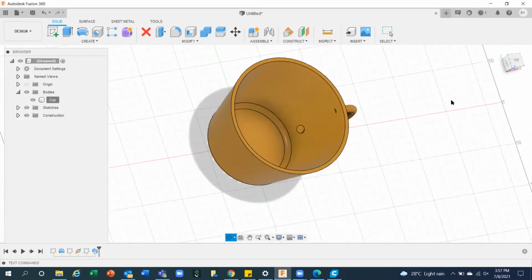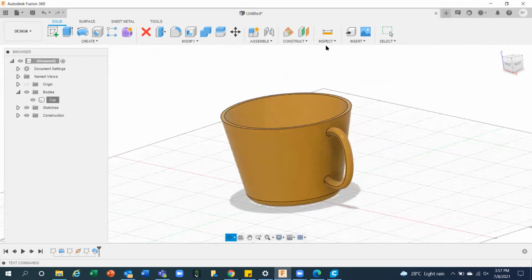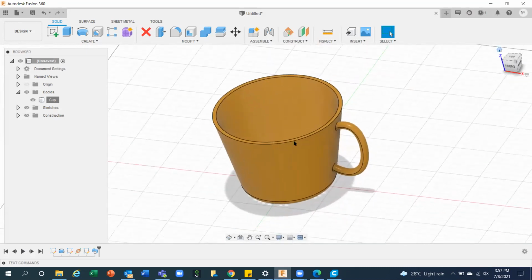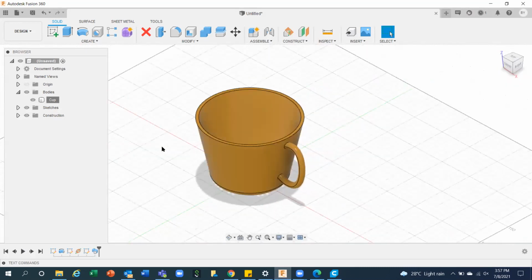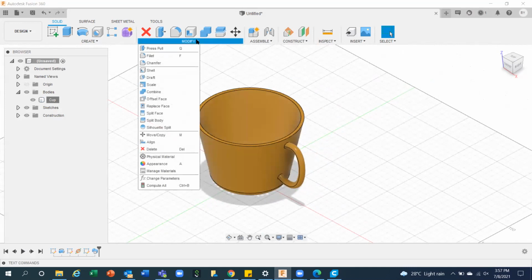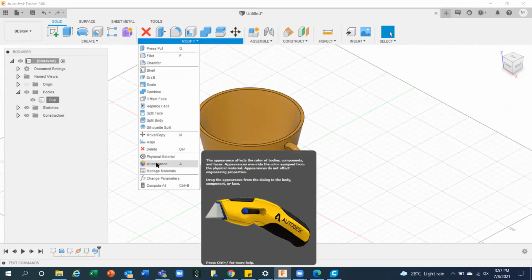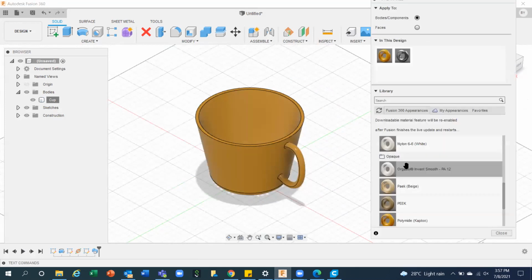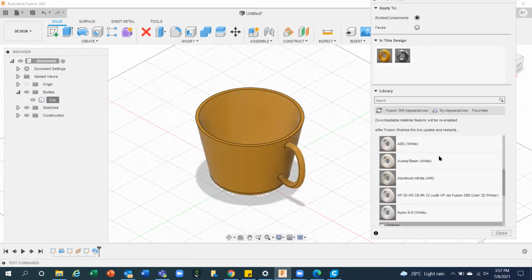Sir, can you see this one, how I can change the appearance? Yes, I'm coming to that part. Now this 3D printing procedure has been done. Suppose I have already applied this appearance. You can go to modify and click appearance. The entire material library is already available.